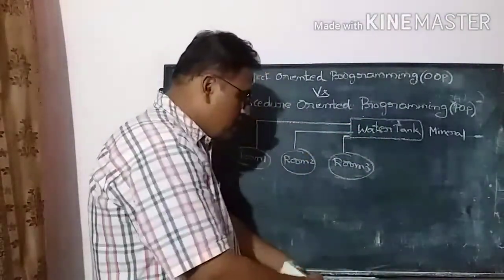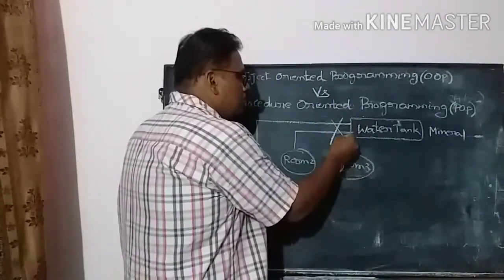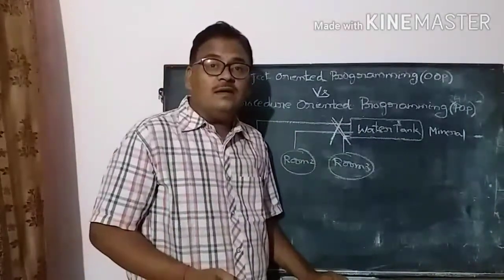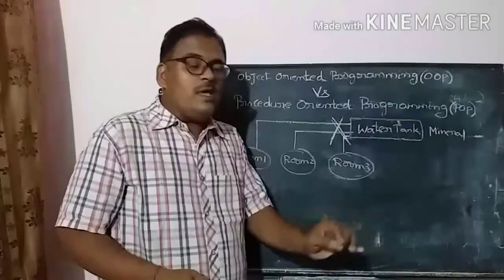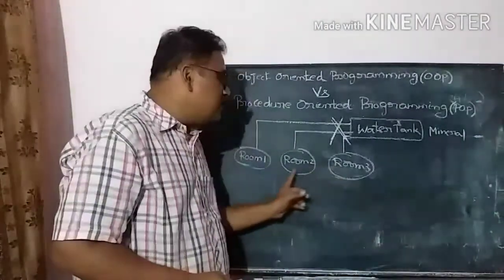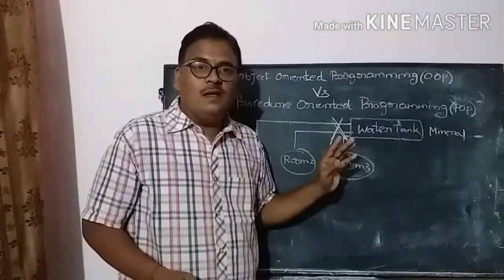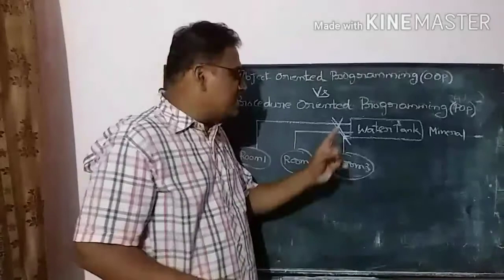Simply, we lock the water tank. We lock the water tank. So what will happen? Not even a drop of water is distributed to the three rooms. Is it a right choice? This is case 2.